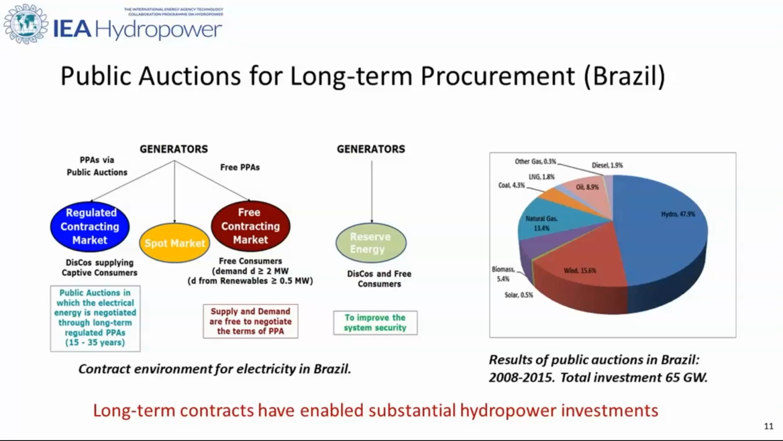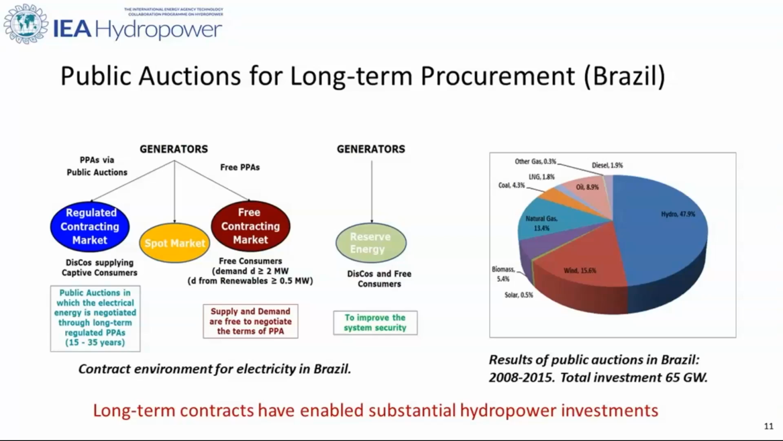And we can focus on the blue box or circle on the left here, the regulated contracting market. That's where distribution companies serve typically smaller consumers, and they have to use public auctions to meet their expected demand through purchasing power agreements that are then auctioned off on a regular basis through these public auctions. There are other parts of the market design as well, but if you look at the outcome from these public auctions on the right-hand side here from 2008 to 2015, they saw investments of 65 gigawatts of new capacity, and